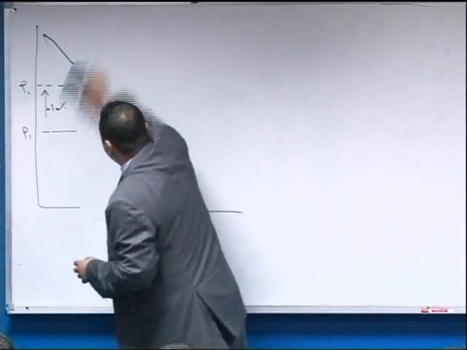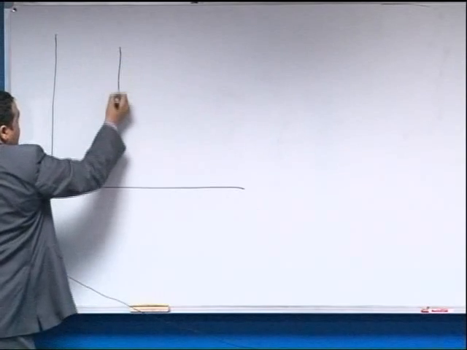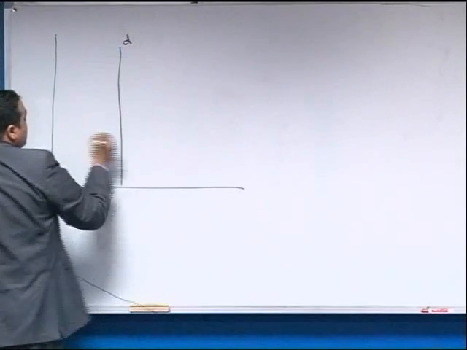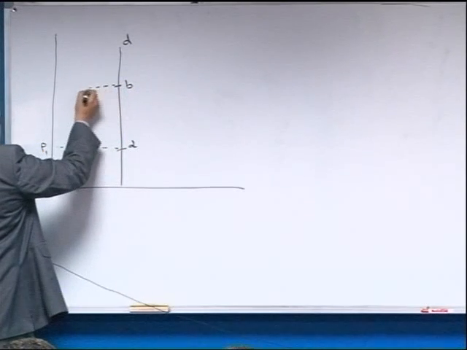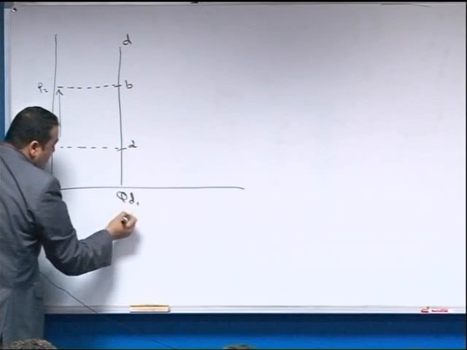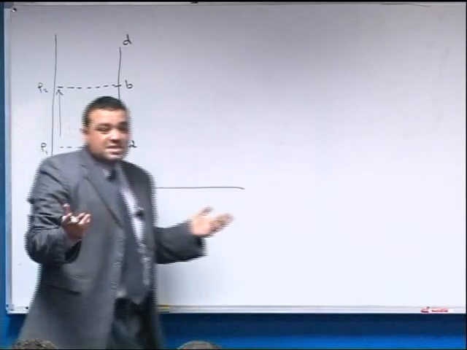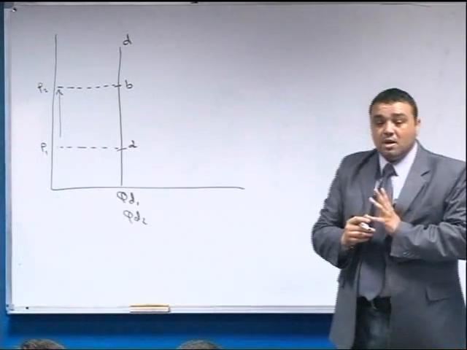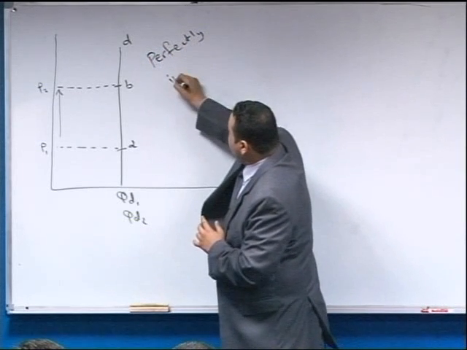The case number 4, if the demand is perfectly inelastic, like the demand for insulin. This is D, A, B, P1, P2. If the price increased by 10%, there is no change in the quantity demanded, because when the demand is perfectly inelastic,